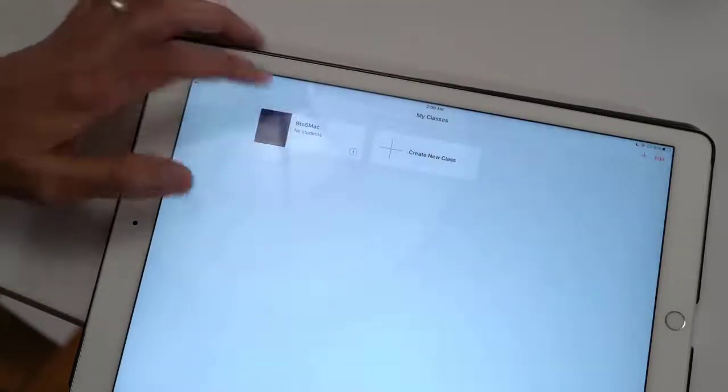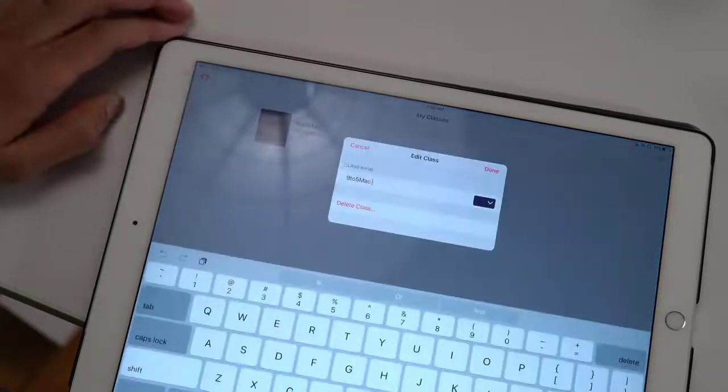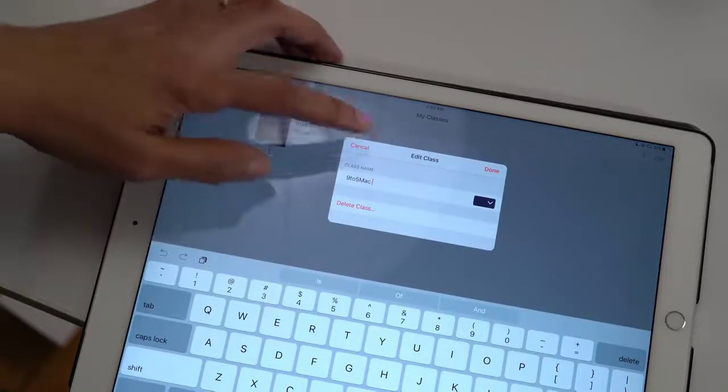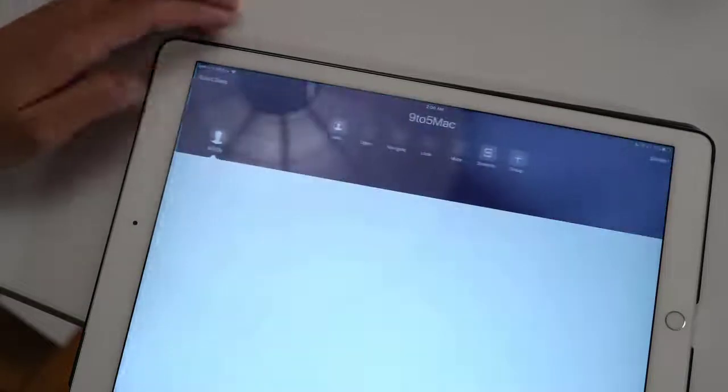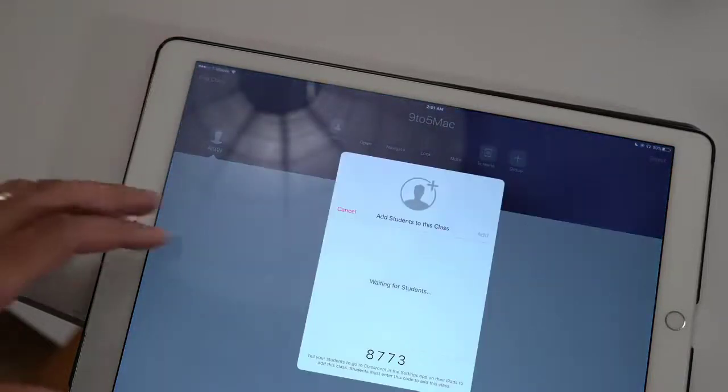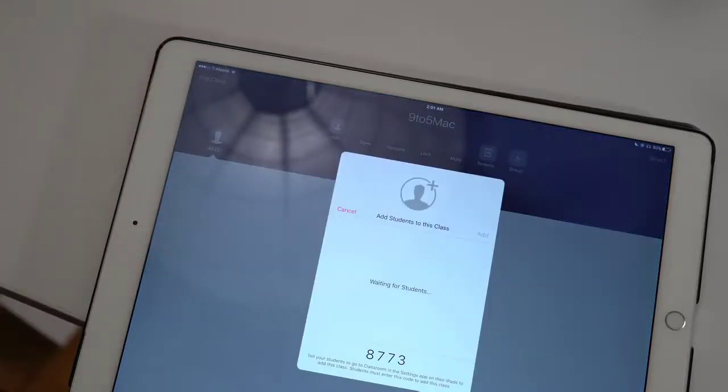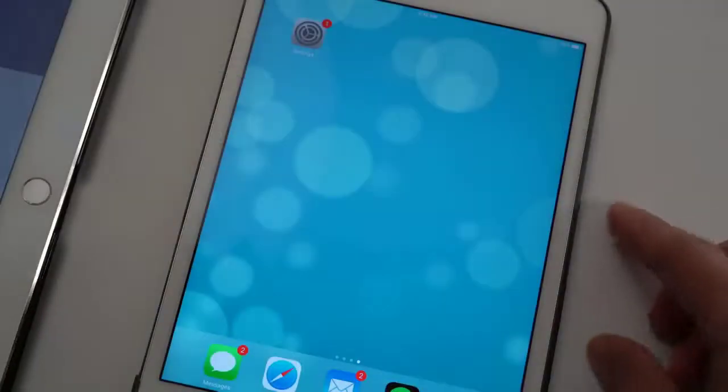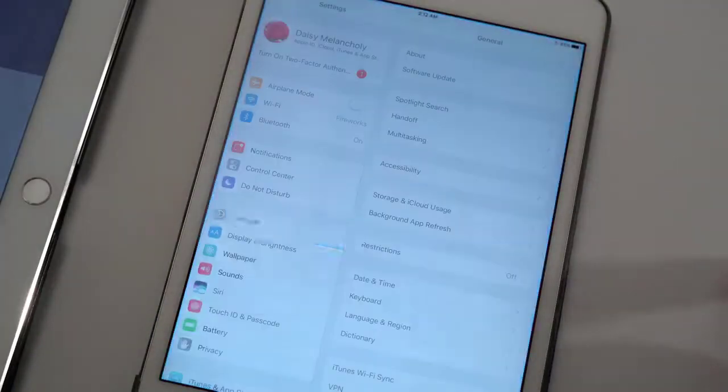I'll tap done. And if I want to change something, I can use the little info button. I can change my name, the color, delete the class. So we'll just tap add to add a student to the class. It's going to give us a little code. So that is the code that you would give to your student in order for them to enroll in your